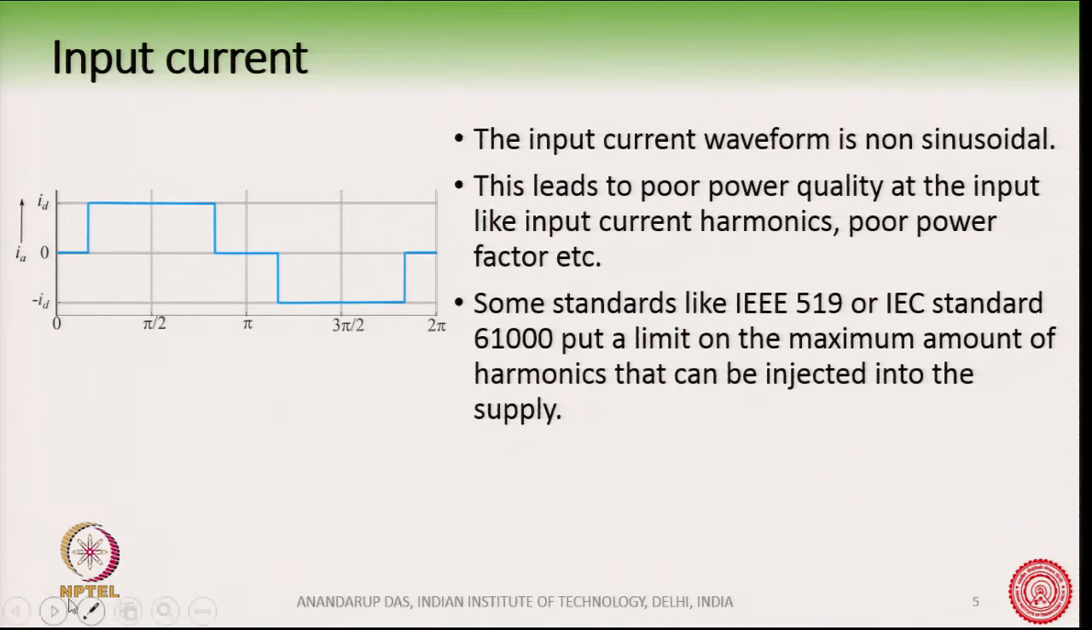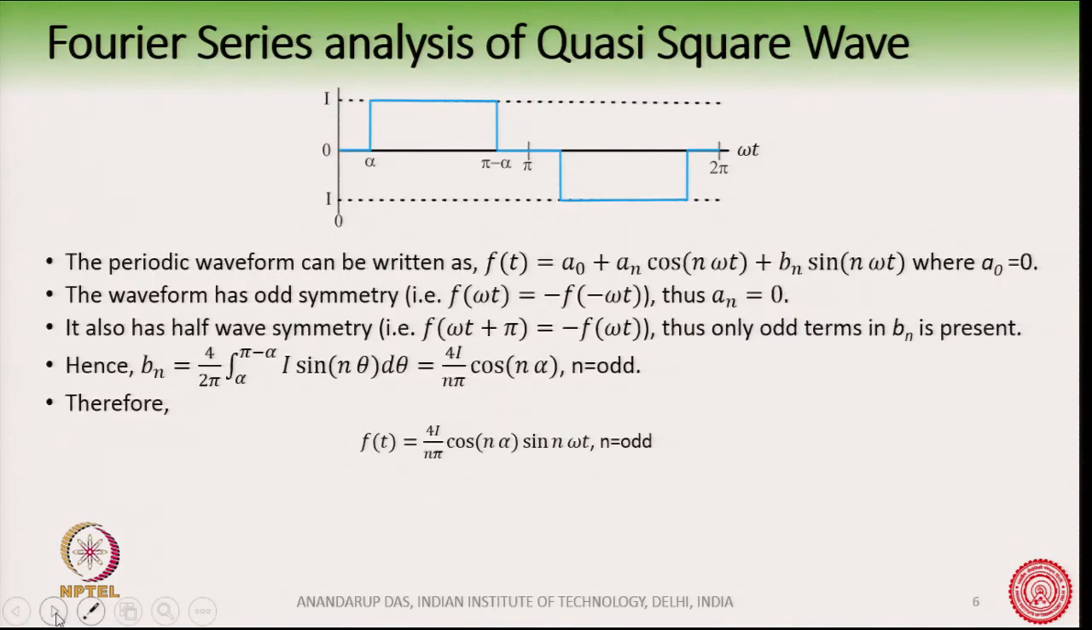Right. So, before going into that, let us quickly analyze what harmonics are present in this waveform, so that we can at least know what harmonics are getting injected into the supply. This is a periodic waveform, so if you write the Fourier series, using very standard notation, this is A0 plus An cos n omega t plus Bn sin n omega t, and from observation we see that